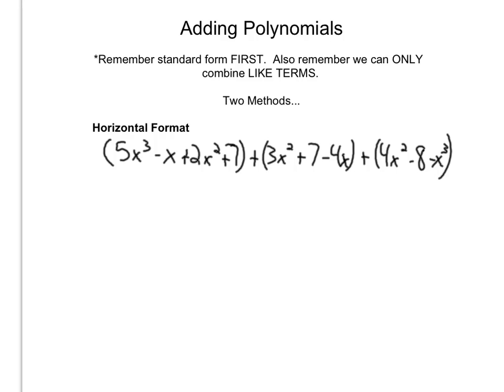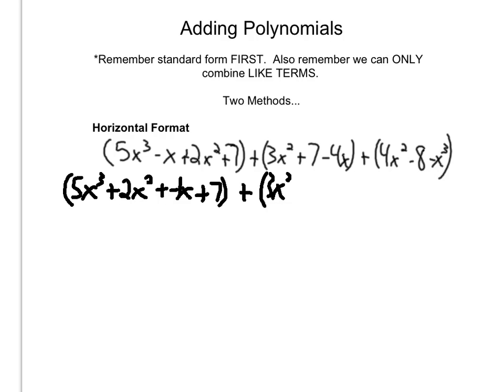So first thing we want to do is make sure that all these are in standard form. So I'm going to rewrite this one in standard form. The highest one is 5x cubed, plus second highest exponent 2x squared, plus, then I got this negative x, so that's negative 1x, plus 7. Now we're adding, so I'm going to add to that 3x squared plus this 4x is negative